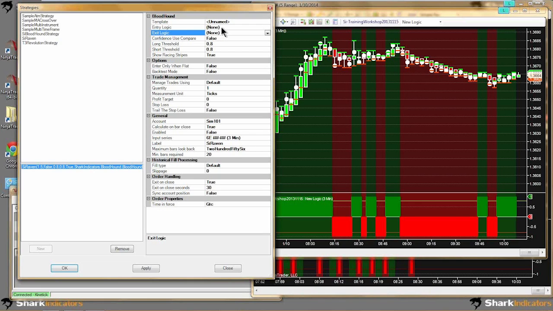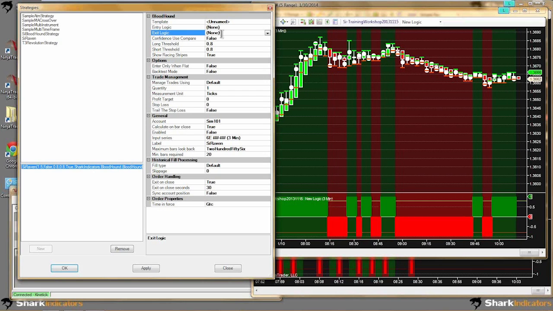Normally what I would say is, make sure the signal that you want to reverse on when you have an exit is an entry signal, at the same time that BloodHound is firing off an exit. It sounds like, George, you're using both entry logic and exit logic since you have an exit trigger. So I would say, the same logic that you're using in your exit logic, also build that into your entry logic and leave this as false, and then Raven will reverse you automatically. So keep in mind the exit